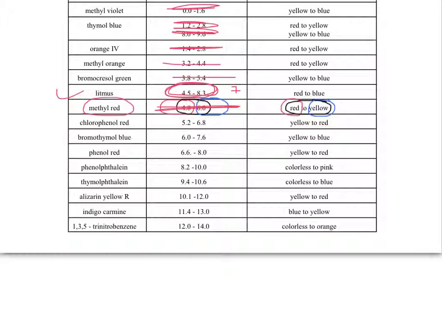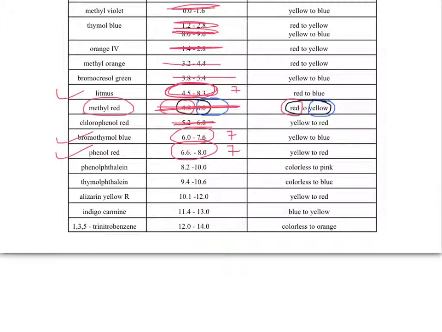Chlorophenol red does not work with a range of 5.2 to 6.8. 7 does fall between 6 and 7.6, so bromothymol blue will work. 7 also falls between 6.6 and 8, so phenol red would also be a suitable indicator to use in this